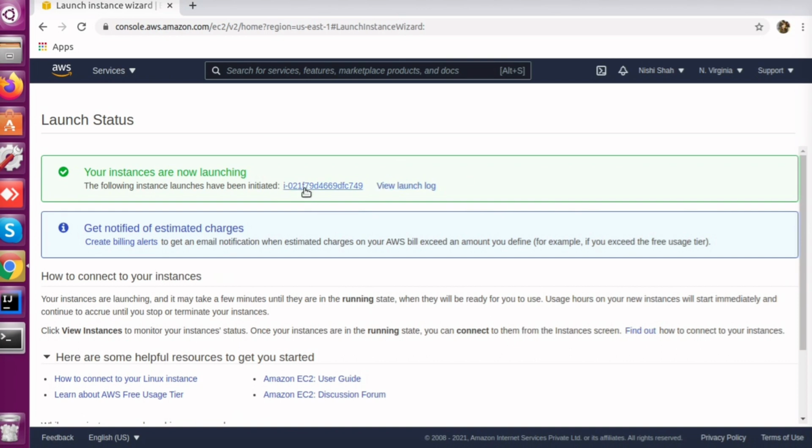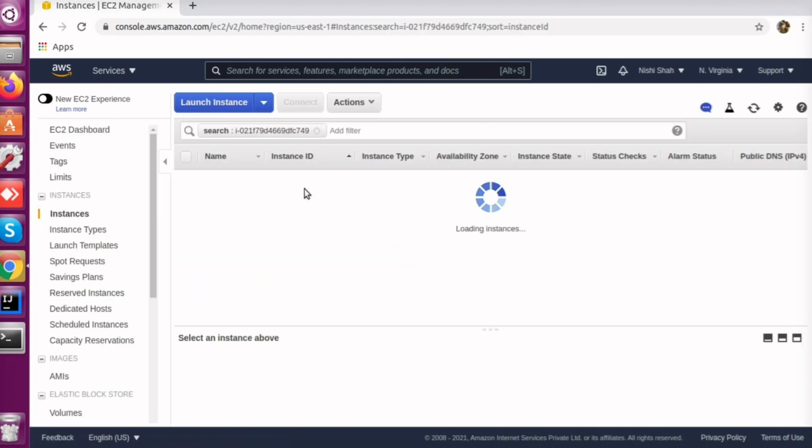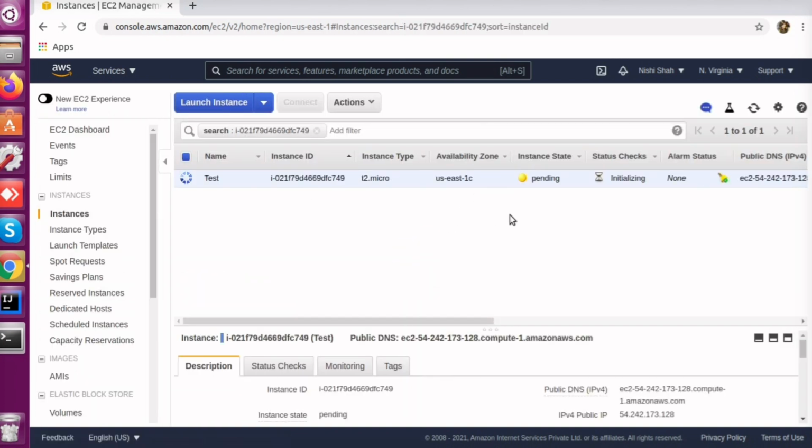So we will go to our instance and we will see whether it is launched or not. It is initializing. The status check is initializing, and instance state is also pending. So we need to wait for 2 more minutes.